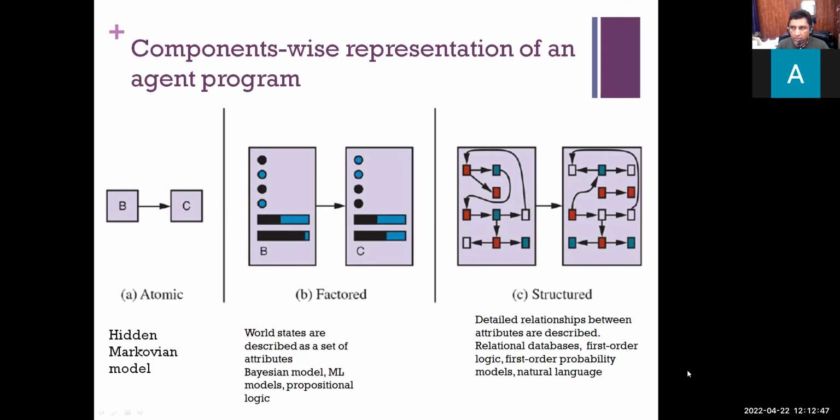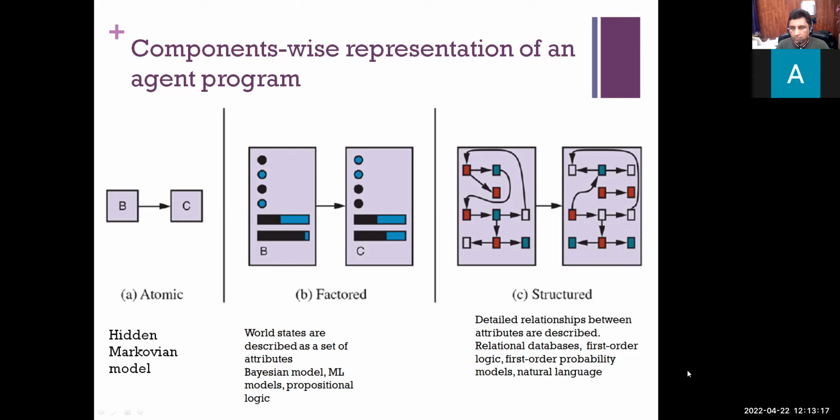So you may not label individual states as A, B, C, and you are not describing them going from A to B to C, etc. But you are representing them numerically, and you are saying that my current state or my current object, if it is not sequential, is made up of certain factors, and these factors or attributes have certain values at a given time. So these factors are not changing over time. The values associated with these factors or attributes are changing, and that would determine, suppose I want to predict the next